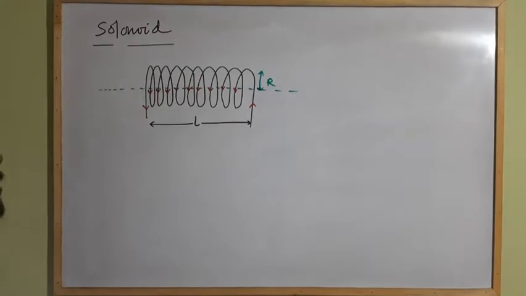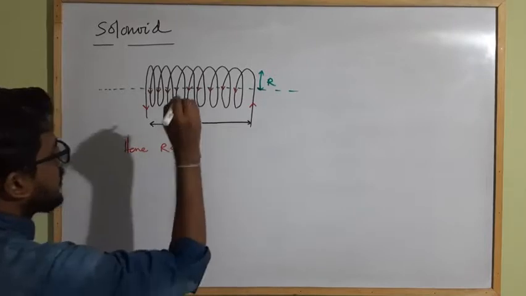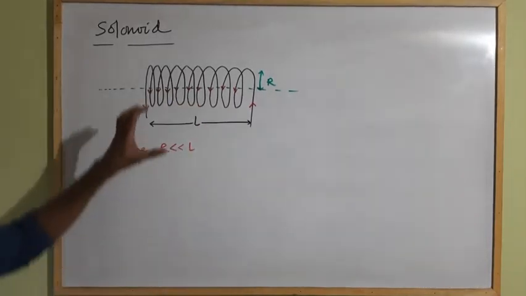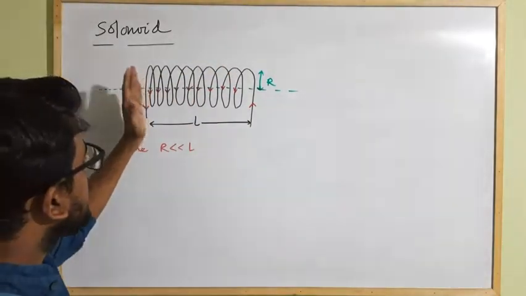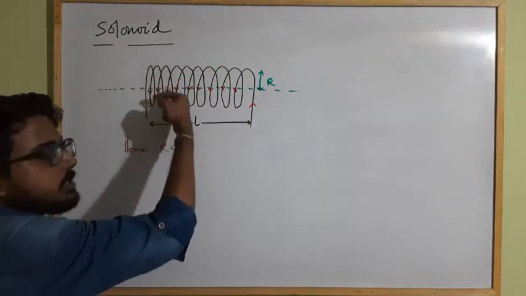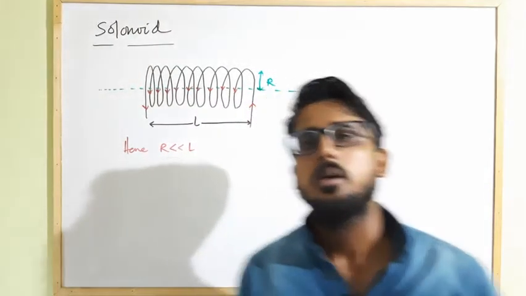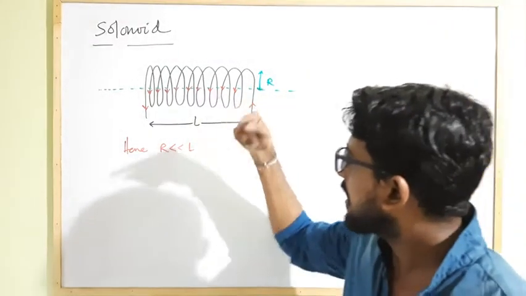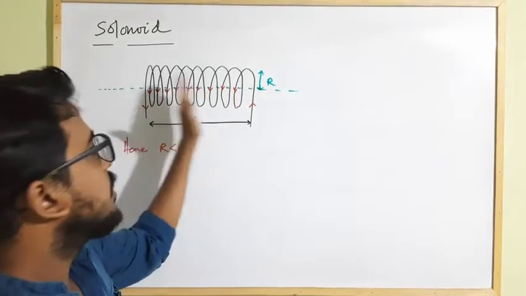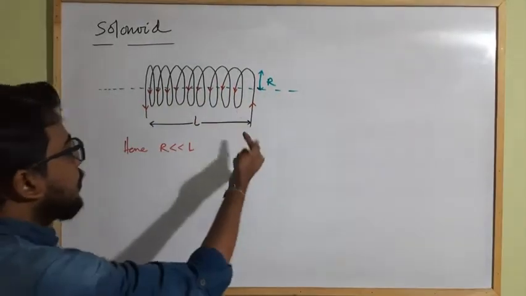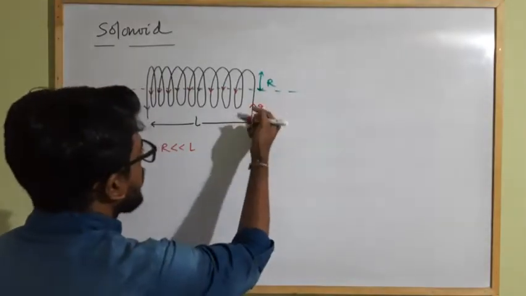Clear? So here R is negligible in comparison to the length of the solenoid. So a solenoid is a cylindrical coil-like structure which has very closely wrapped insulated current carrying wires. Clear? These coils are circular turns which are very closely wrapped to each other, and they are insulated from each other. Okay, so from this we are passing the current I along this direction, so it goes like this